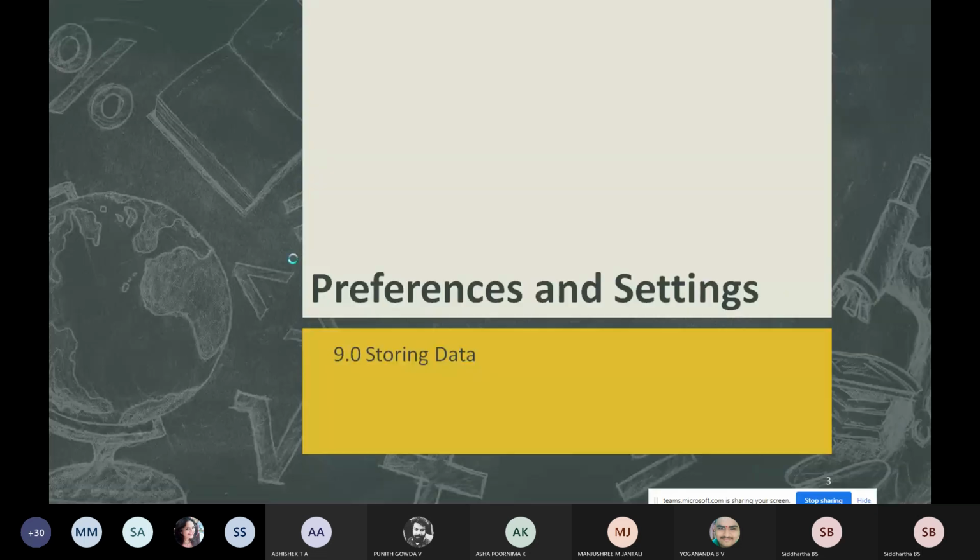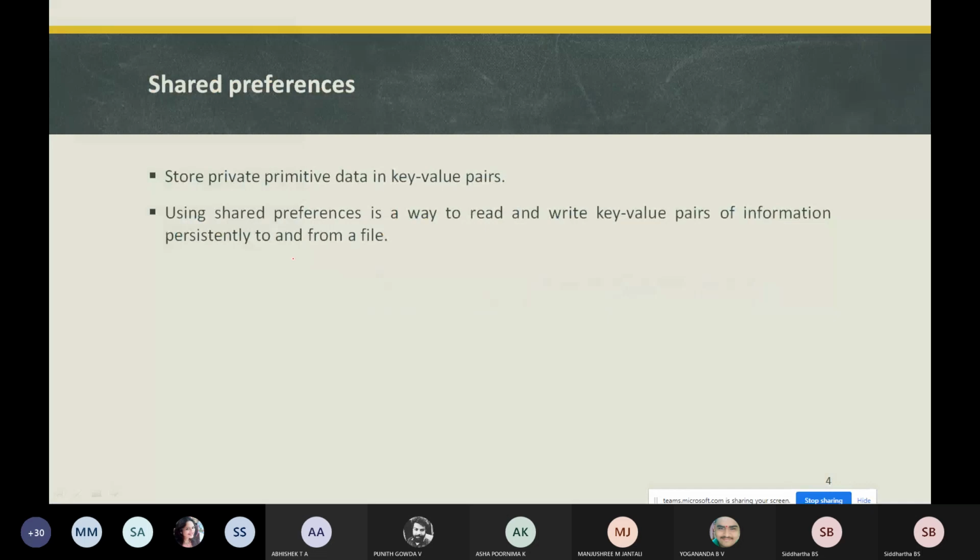First thing, as we know, Android provides several options for the storage of your application data, right? The solution depends on our specific needs, whether the particular data needs to be private, or whether your application data can be accessible to other applications also.